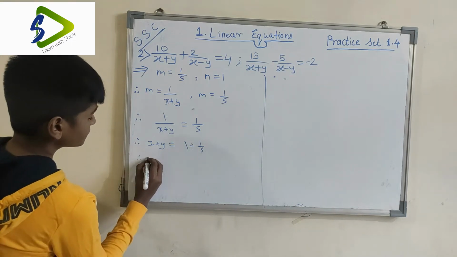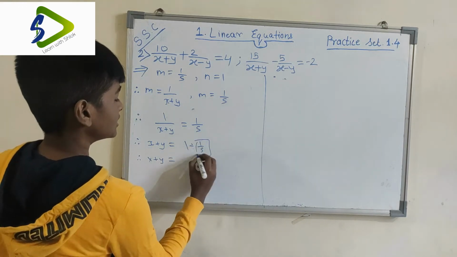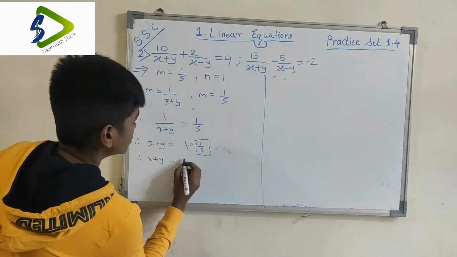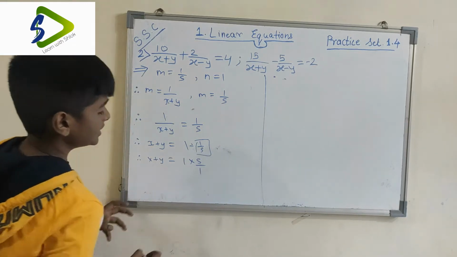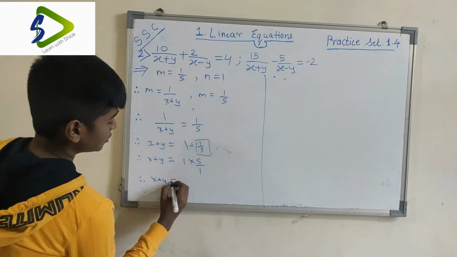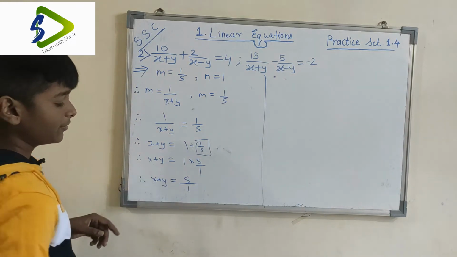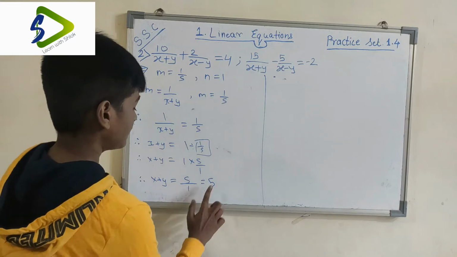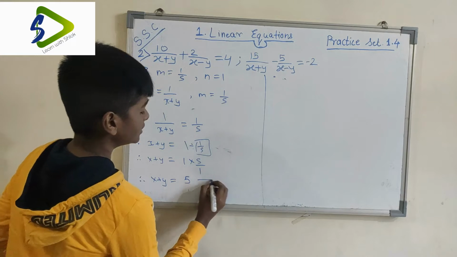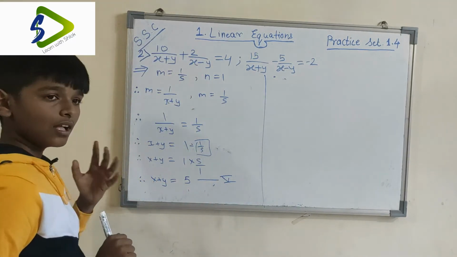So therefore x plus y is equal to, now to divide you must take the reciprocal of this. The reciprocal of this is equal to 5 by 1, and you have to multiply it. So 1 times 5 by 1 is the answer. 1 times 5 is 5, and 1 remains like that only. So 5 by 1, which is just 5. So our equation becomes x plus y is equal to 5, and let's consider this as the fifth equation. Last time we had the third and fourth, so let's consider this as the fifth equation.